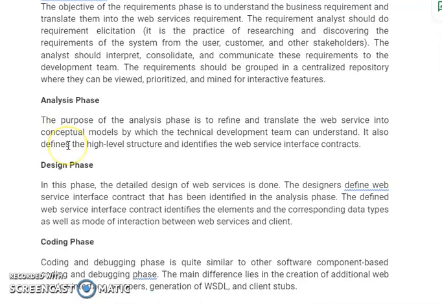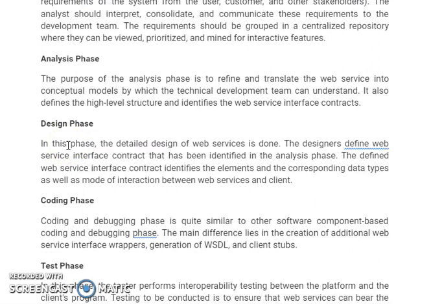Then after analysis, once they understand the requirements of the customer properly, they will go to the design phase. In the design phase, this web service will be designed.